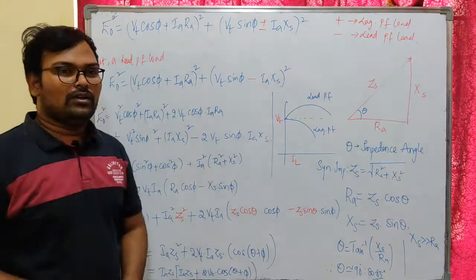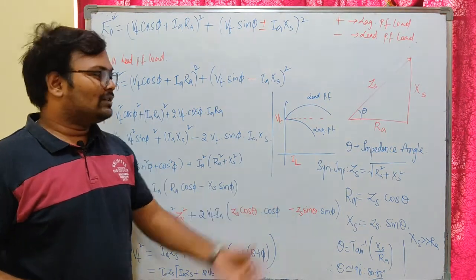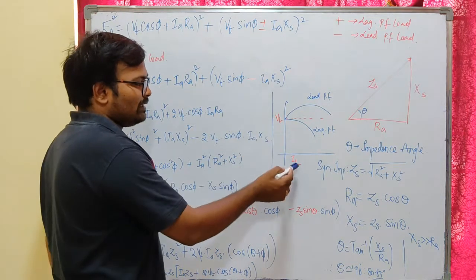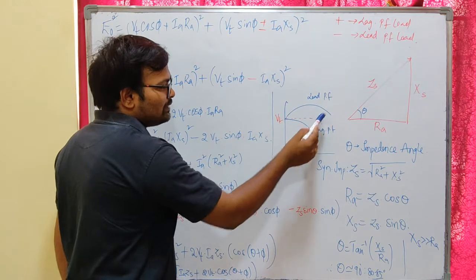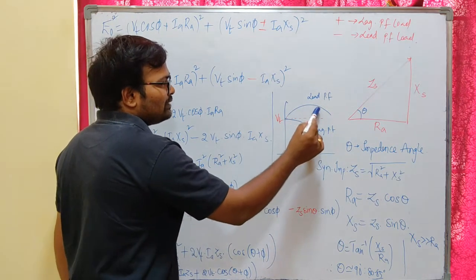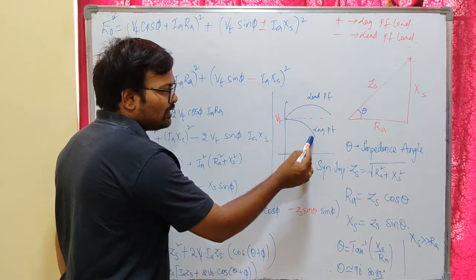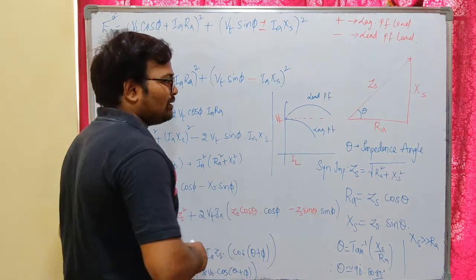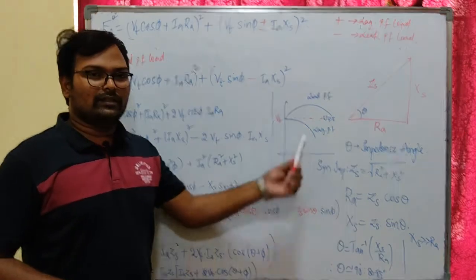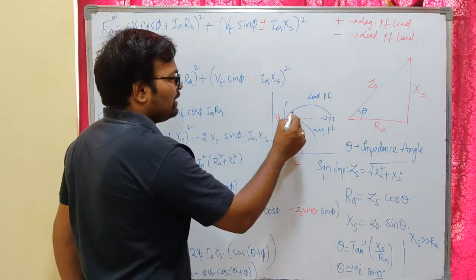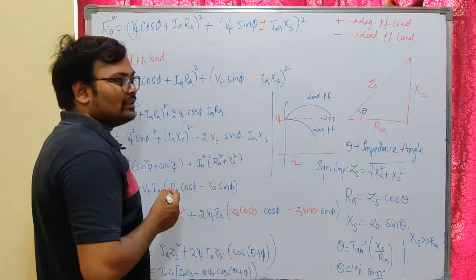Let us start. Before understanding our voltage regulation, here we have the external load characteristics of our synchronous generator. Here you can see terminal voltage on the y axis and load current on the x axis. For a leading power factor load, the terminal voltage varies like this with respect to load. Initially it increases, then it falls. For a lagging power factor load, with increase in load, the terminal voltage drops like this. This dotted line is for unity power factor, where throughout the load current the terminal voltage is constant. That means for leading power factor, the terminal voltage increases, and for lagging power factor, the terminal voltage reduces.